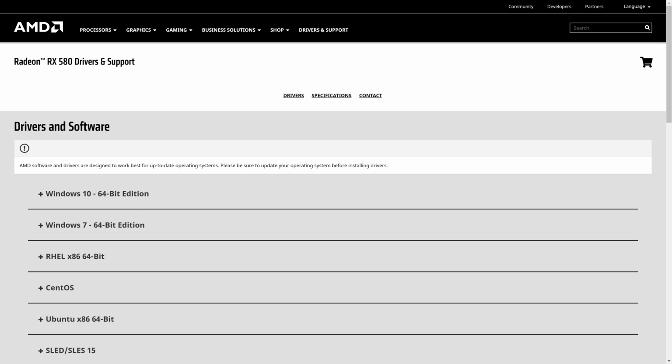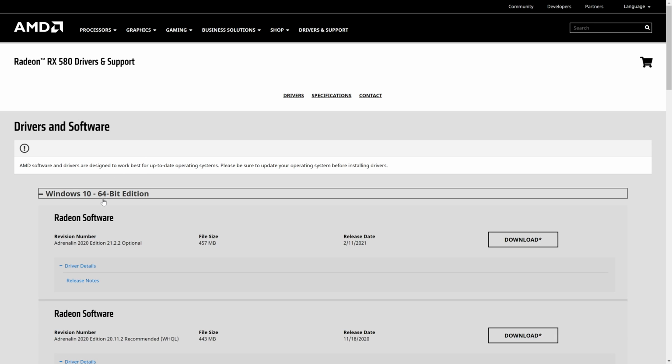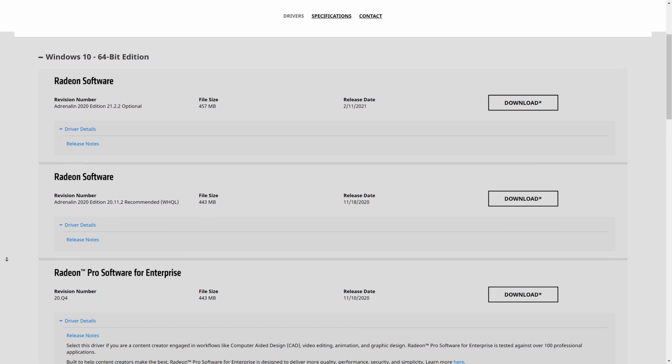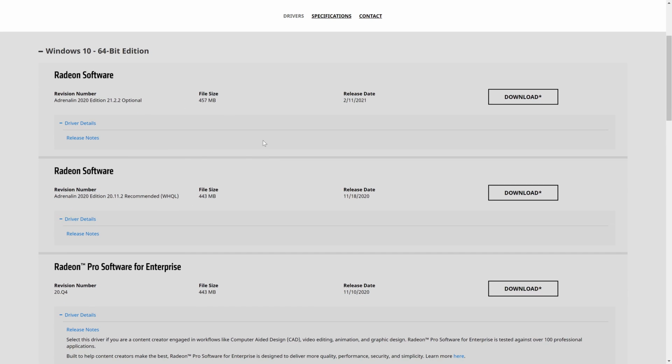This will take us to another page where we need to choose our operating system. You will likely need to choose Windows 10, but you should know if it's different. Choose yours and then you might have a few choices. You could select the latest, although have a look at the description of each to see if some will work better for you. For example, there could be one for those of you that use video editing software more than